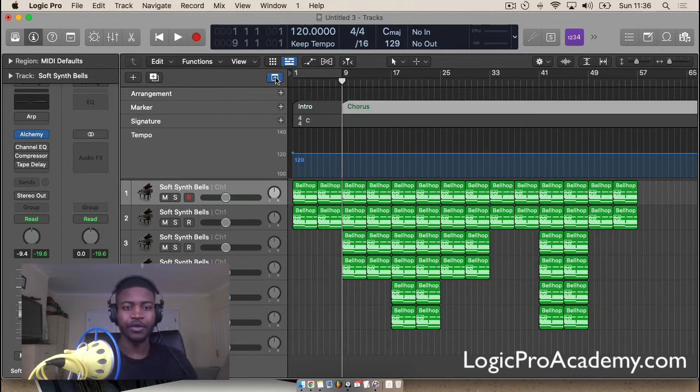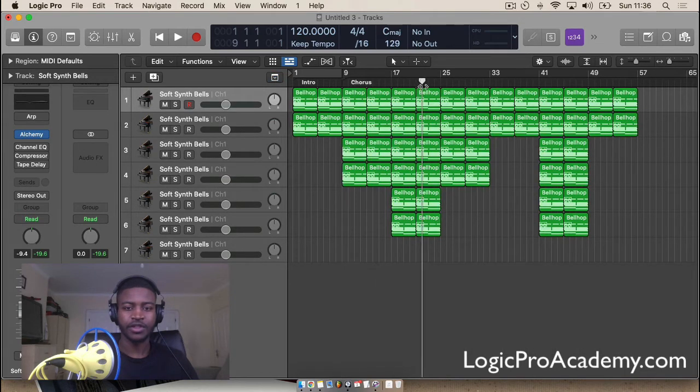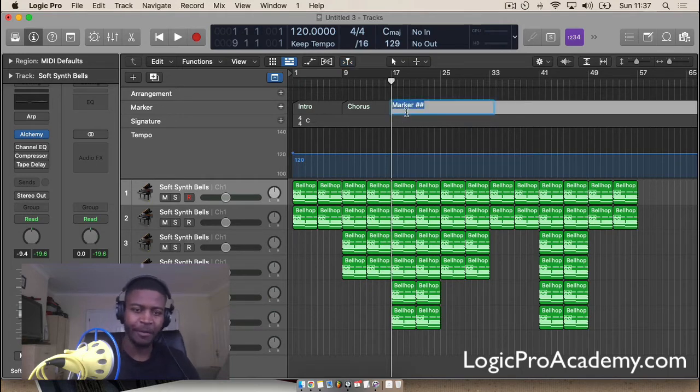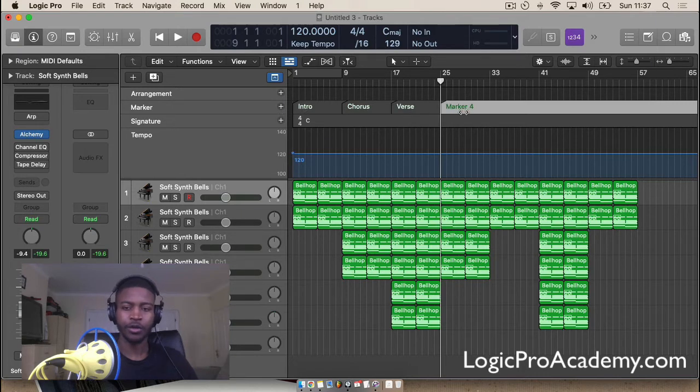So what ends up happening when you close this button, as you can see at the top, it's just given a little label / marker. And this can be really helpful, especially when you finish doing the rest of them. I'll do the rest of them while I'm explaining. Because, you know, when it comes to projects and Logic, and you're zooming in and zooming out all the time and working on specific loops and all of this stuff, it's easy to kind of visually get lost, and you forget how many bars into the project you are, or you're not sure whether this part should be another chorus now, just based on